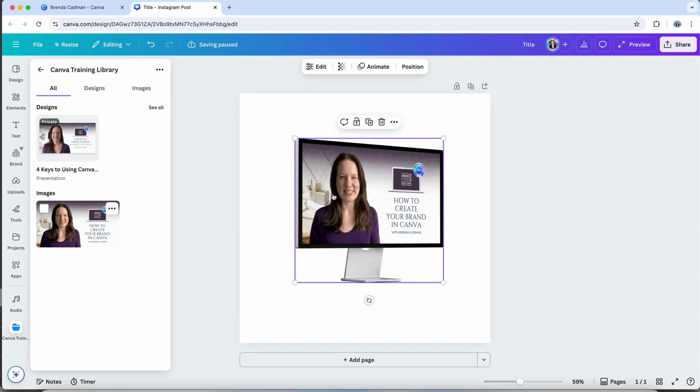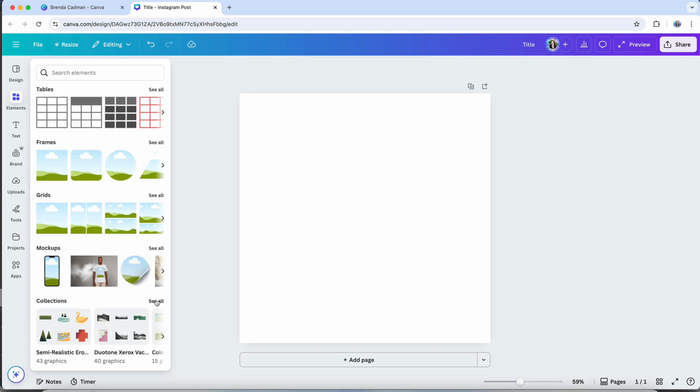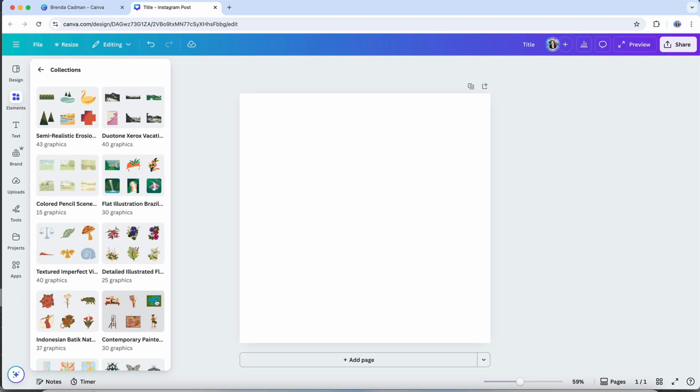Mockups are perfect for showing off branded merchandise, giving clients a realistic preview of how their logo might look on different products, or creating polished images for your website and social media, all without needing to set up a custom photo shoot. The final element category we're going to look at is collections, and collections in Canva are basically just